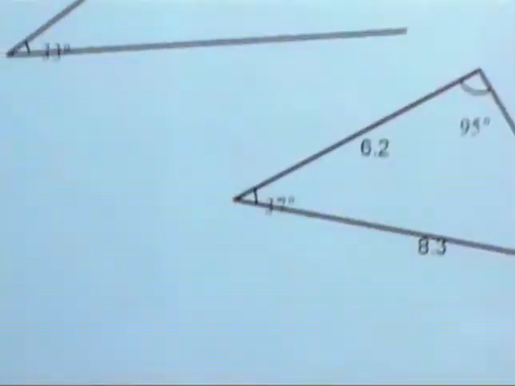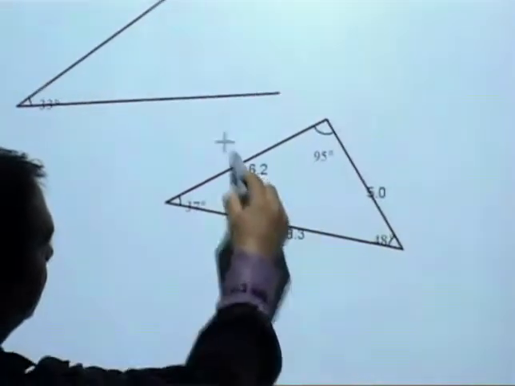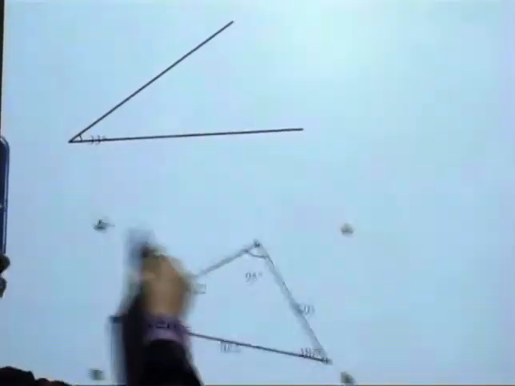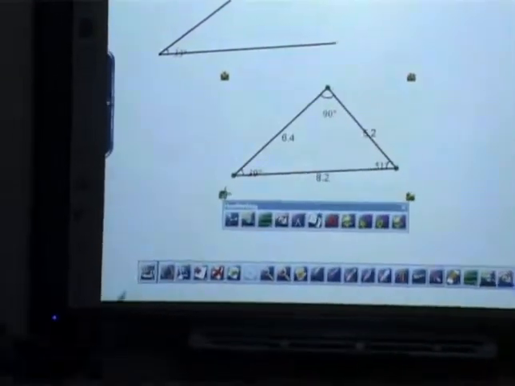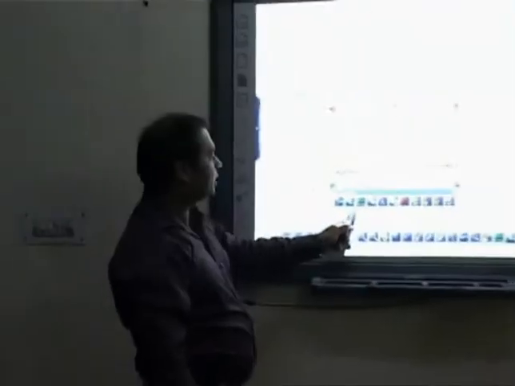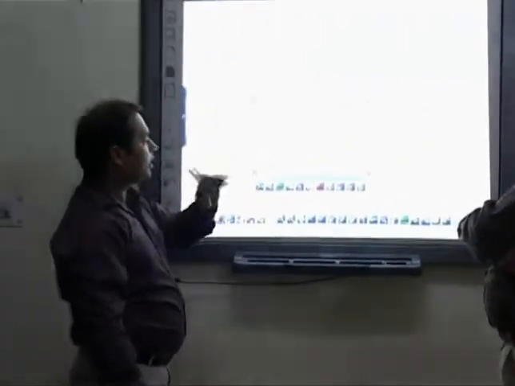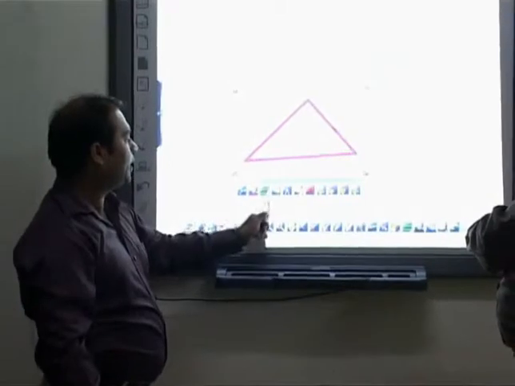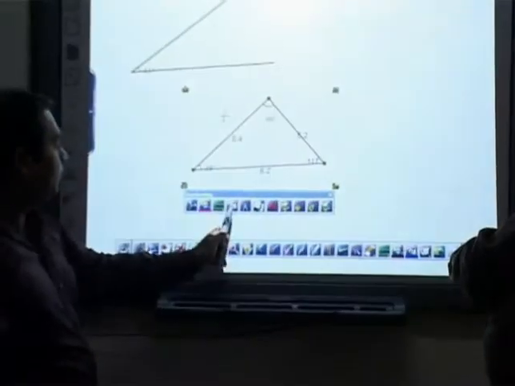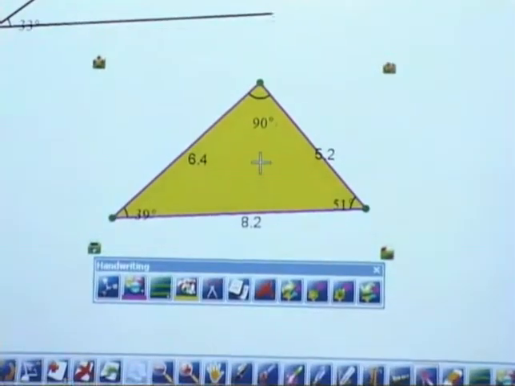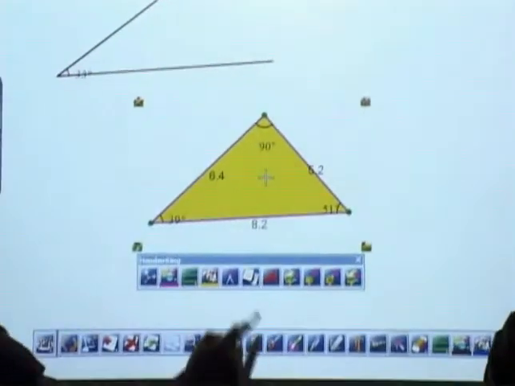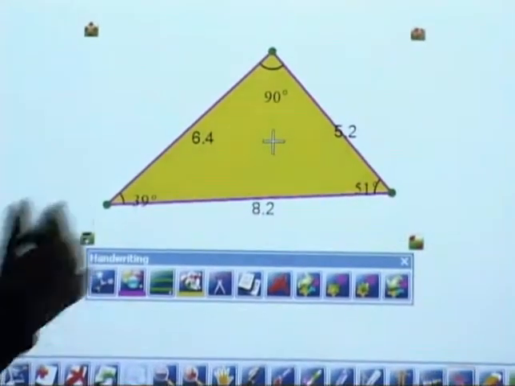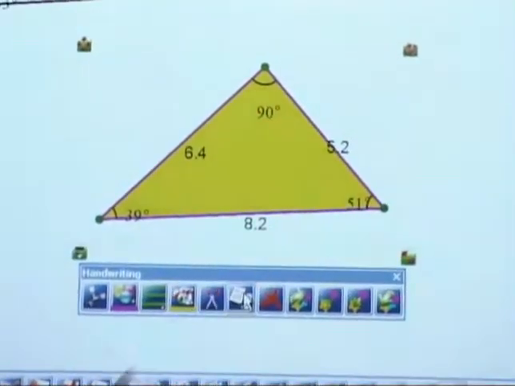After that, there are lots of functions. See, we can move the images, we can rotate the image, we can increase or decrease the size of the image, and in the properties we can see the measurement as well as change the colors and width. If you want to fill the color, there is an option through which we can fill the color also. Another feature is, suppose you want to make copies of a particular diagram, then we can select copy and paste.